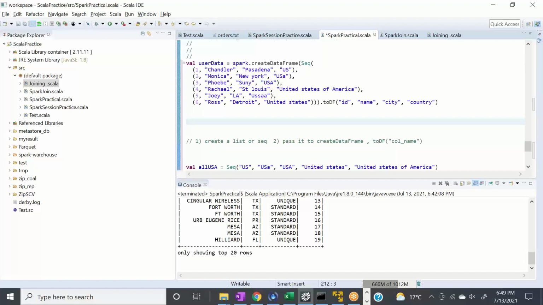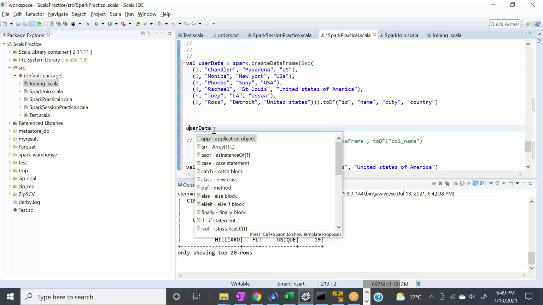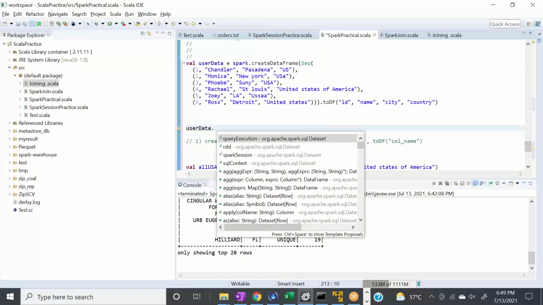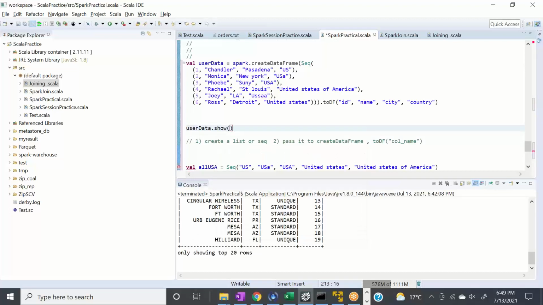So to see the data, it's simple. Well, in fact, just copy paste, Control C and Control V, and then dot show. Okay, so what I'm planning to do here,